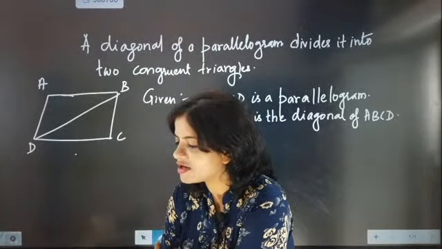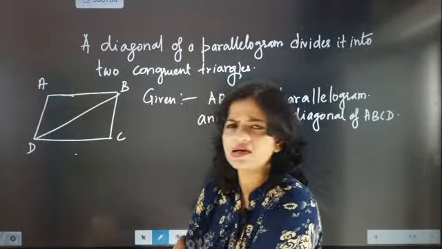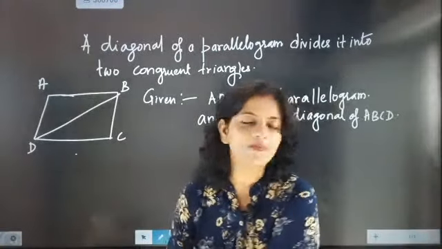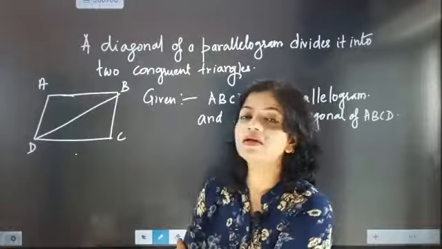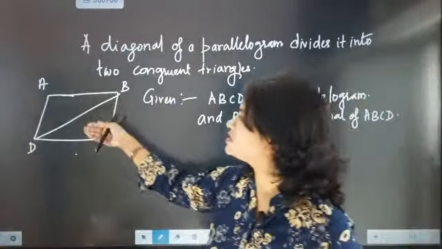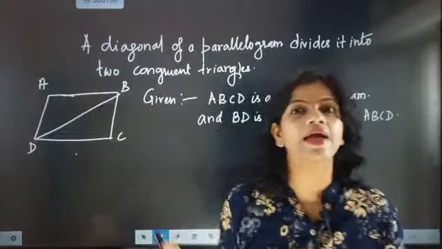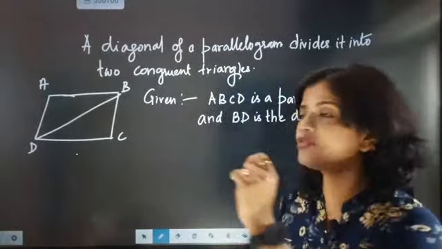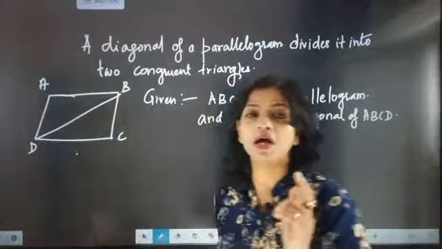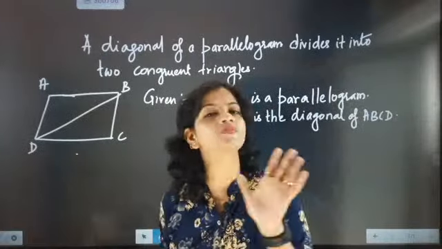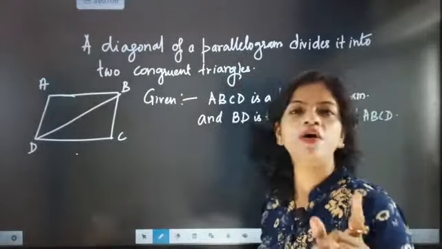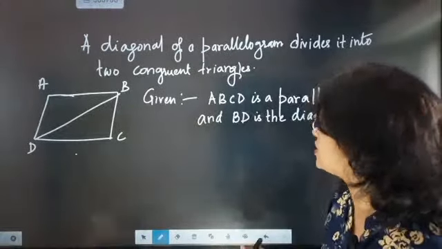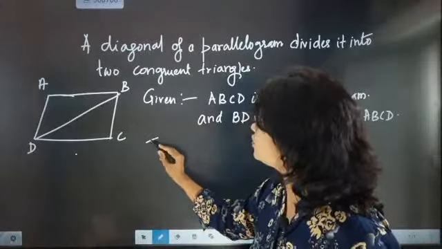Kanishka, prove in quadrilateral ABCD AC is the diagonal. No, you have to prove that if ABCD is a parallelogram, then the diagonal is bisecting this into two triangles. So exactly the first important point is you have to prove that these two triangles are congruent. So here you have to use the concept of congruency. Be very specific to what you are thinking. So now here to prove that